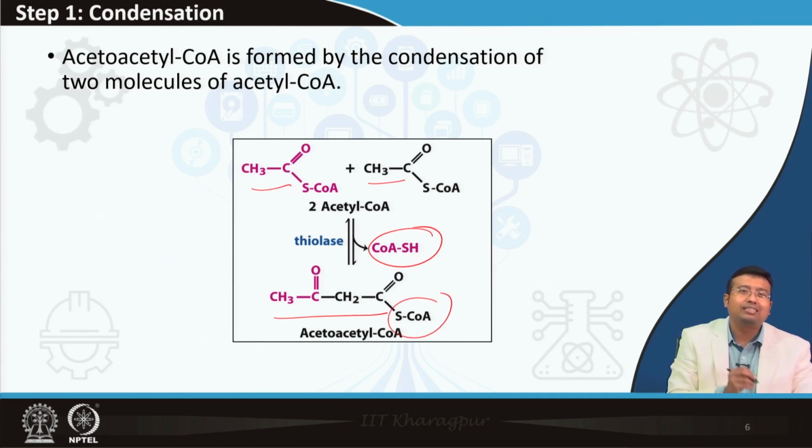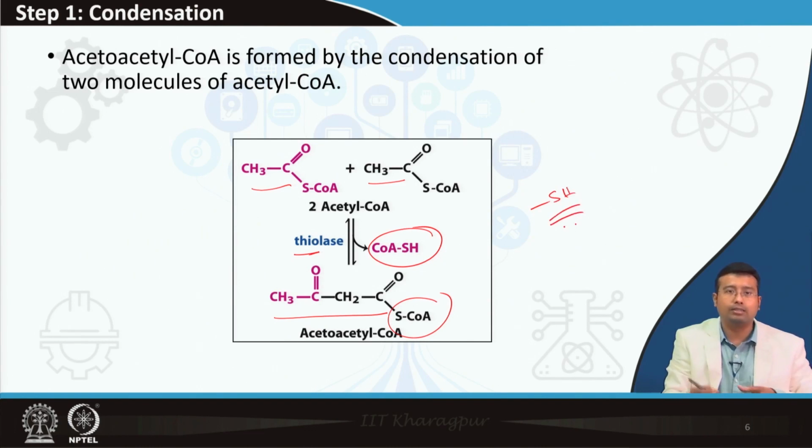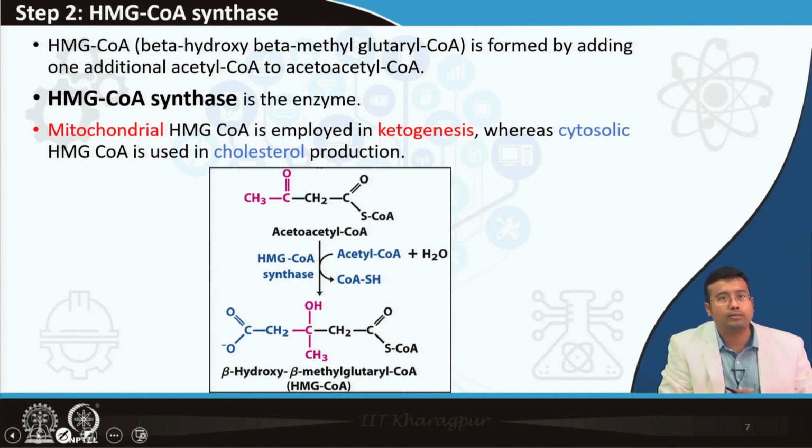The enzyme is thiolase. I told you whenever you are getting the word thio, it means involvement of a sulfur molecule. In this case, who has got the sulfur? The coenzyme, okay. The CoA-SH is actually having a sulfhydryl group. So, the enzyme thiolase is actually catalyzing the condensation reaction. So, two molecules of acetyl coenzyme A combine to form acetoacetyl coenzyme A, right. In the next step, what happens? This acetoacetyl coenzyme A